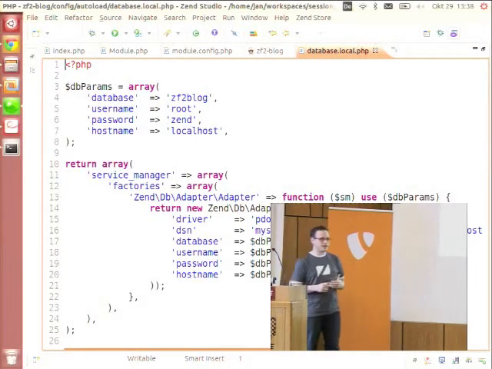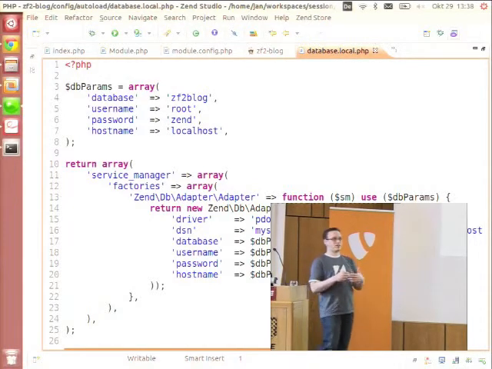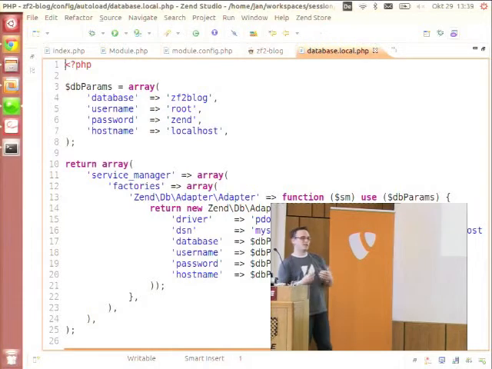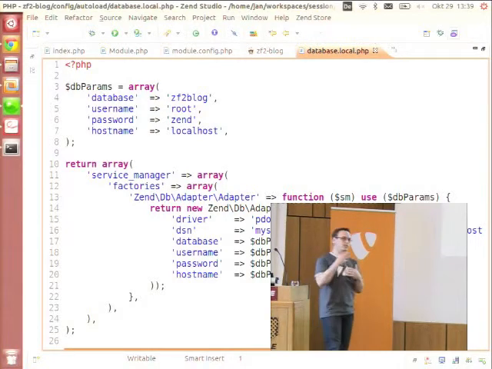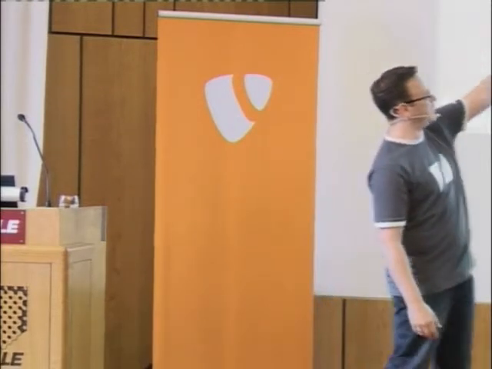It's actually not the same. The service manager is implementing the service locator pattern. So you have a little bit more control, you have to do a little bit more programming, but then you can use all the objects which you're defining in the service manager globally in your whole project, and you define here the dependency. So you see the Zend\Db